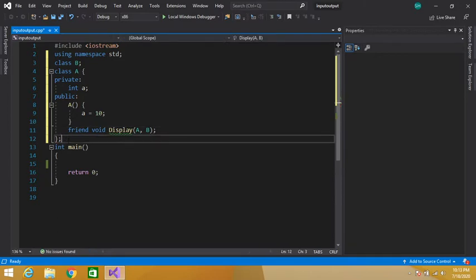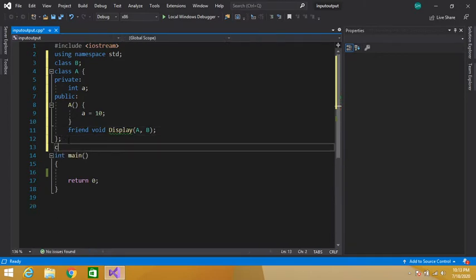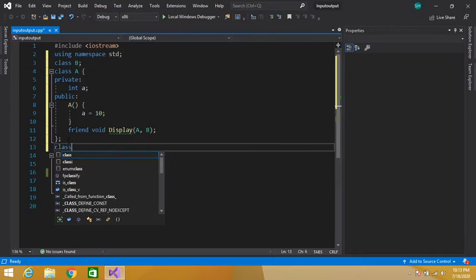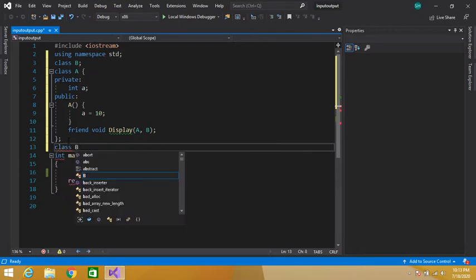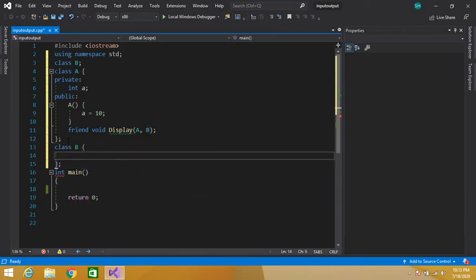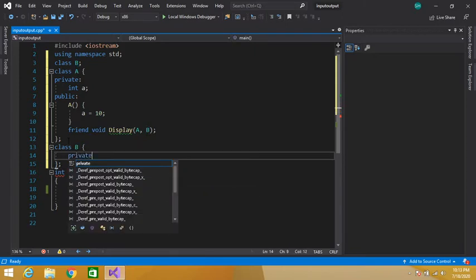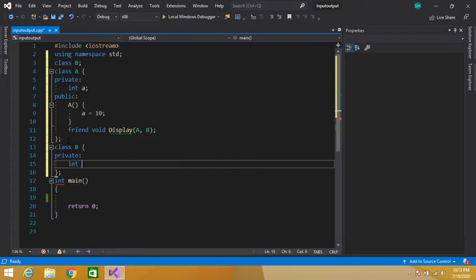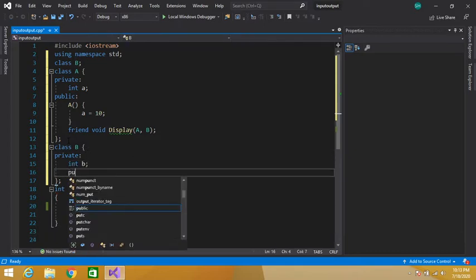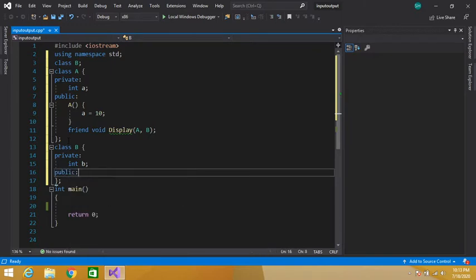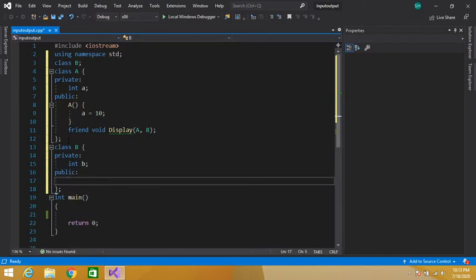Okay, let's create our class B now. Define our class B, with private data member int, let's say b, and then our public constructor of this class.